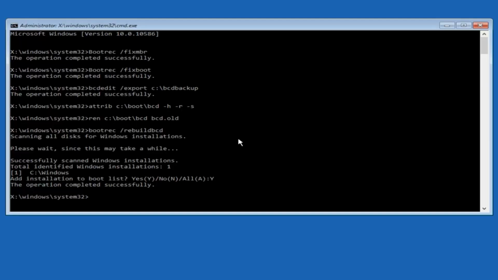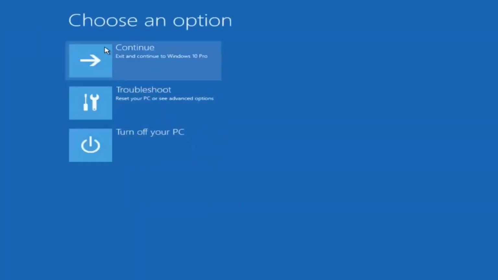So at this point you can type exit and then hit enter on your keyboard. And at this point you should be able to exit and continue to your Windows computer, and you should be good to go. So I hope this brief tutorial helped you guys out, and I will catch you in the